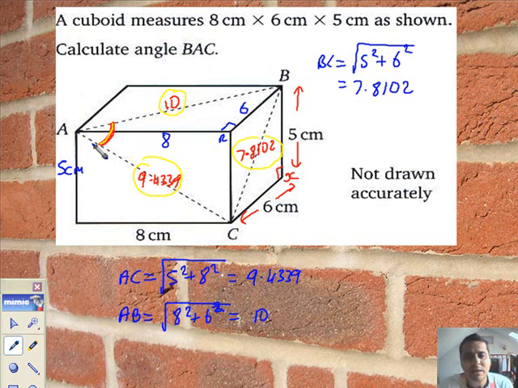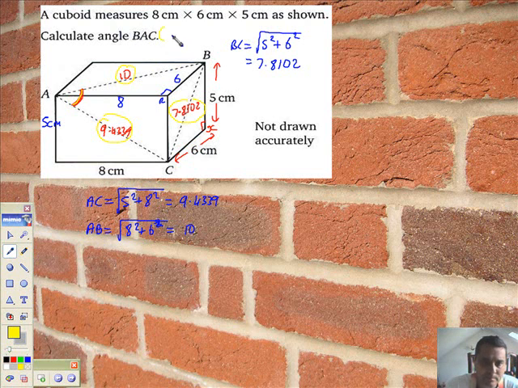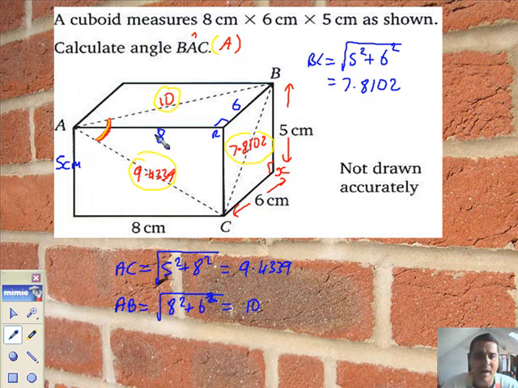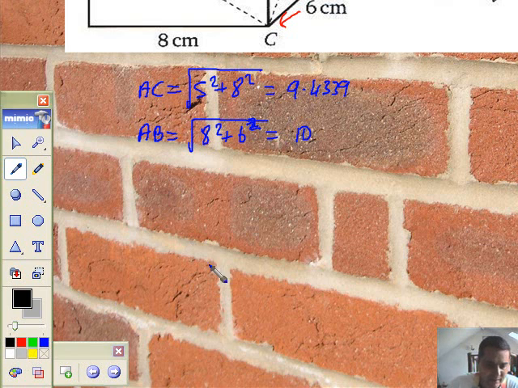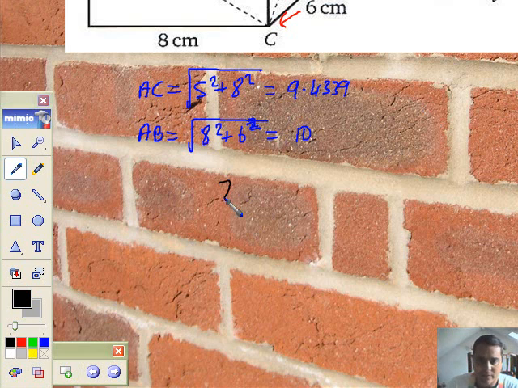Well, I want BAC, and let's just call it something. It's quite hard to put BAC at the end of a cos rule, so let's just call it, I don't know, angle A, big A, shall we? Again, like that. So I need to start off by going opposite big angle A, and that's 7.8102, this one here, and squaring that. So here I go. Let's just start off carefully in black. It's really tricky, it's work down here. So I've got